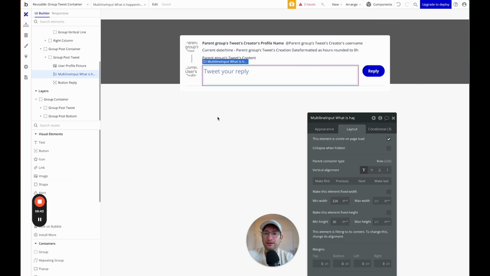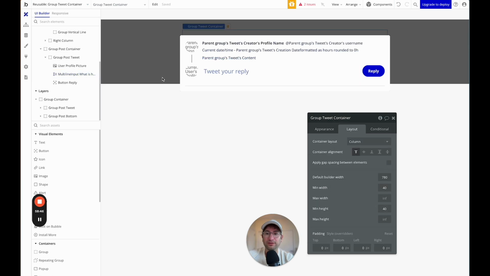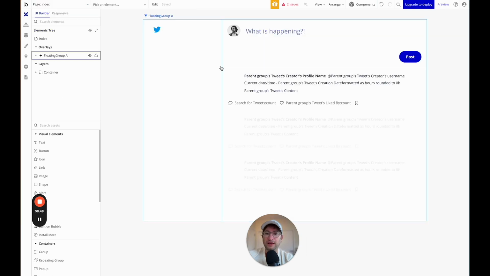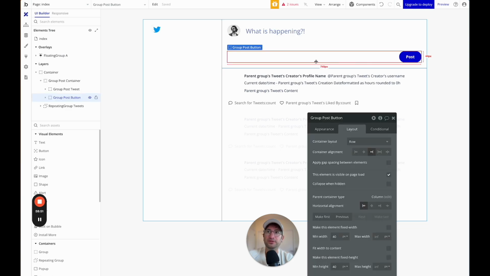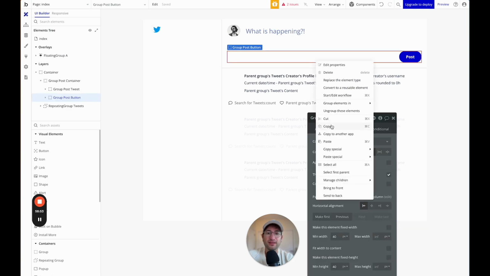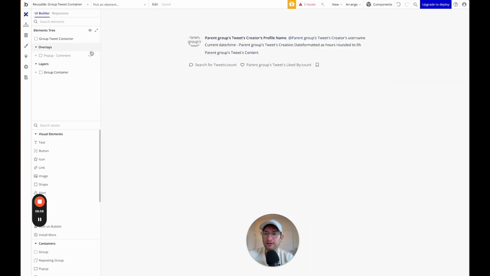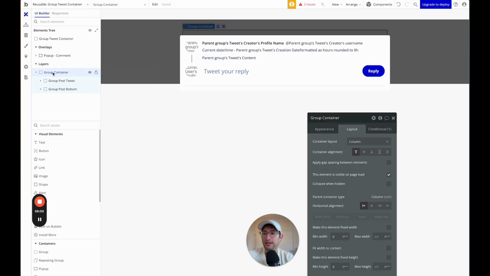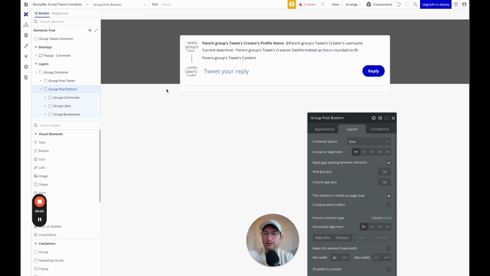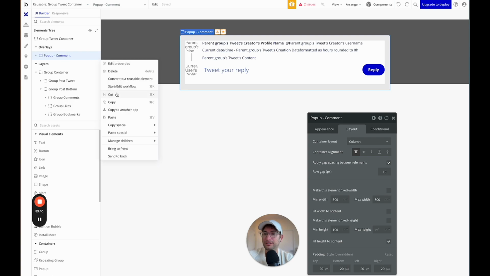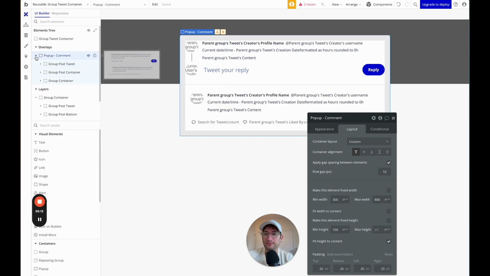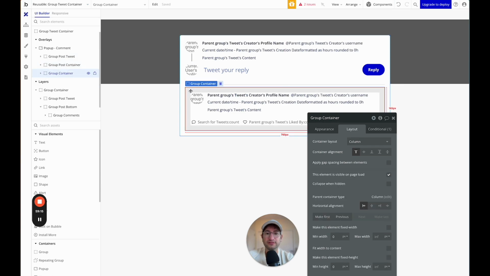Okay, great. I'm just going to also go back out really quickly. I want to go back to the index page because here I want that group post bottom, because I'm going to copy it, go back, because that's how it is on X, and go back to the group tweet container, open up that pop-up. In that container, let's just paste that in. Whoops, I'm going to go back. It's in the pop-up. Let's paste that in. Whoops, the wrong thing seemed to be copied. So let me delete that